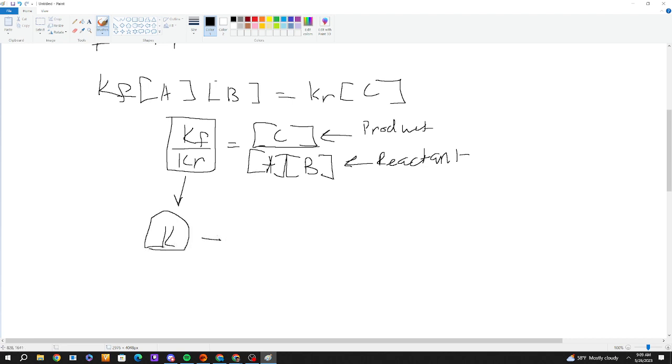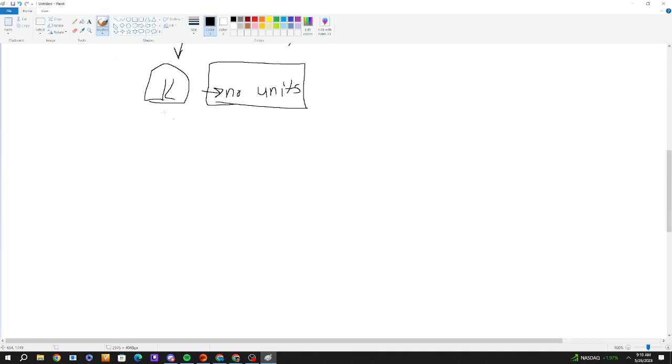K doesn't have any units, so K is no units. K is literally just the value of the concentrations of the product divided by the reactant. That's literally it. It doesn't have any units. It's not like joules or anything. It's straight up just that. The reason for that, mathematically speaking, is that if you have molar on top and molar on bottom, they just cancel out. And also it's just for scientific notation. Scientists haven't chosen units. But now that I've identified that K is what we call the equilibrium constant,